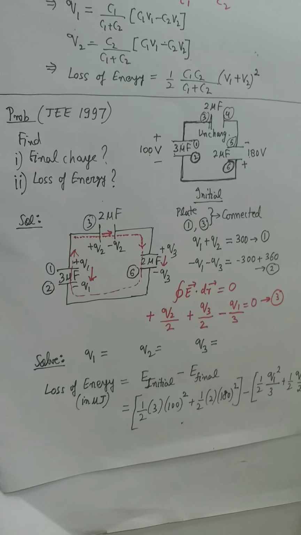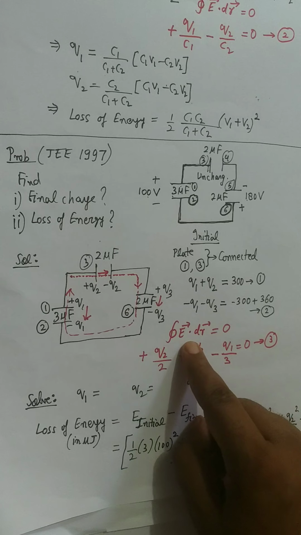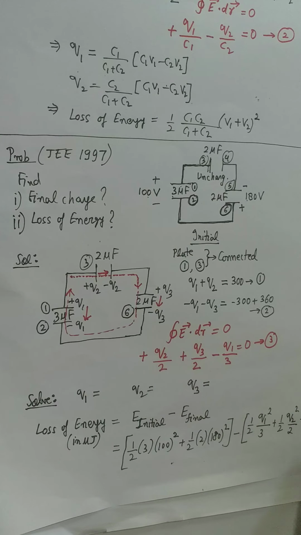In this way, you can deal with all such problems where some charged capacitors or uncharged capacitors are connected together. Positive of one plate is connected to negative of the other plate, and so on. Similar concepts. Keep in mind the two basic principles. The two fundamentals are conservation of charge for those plates which are connected together, and finally you must have one equation which is closed path integration of E vector dot dr must be 0, which sometimes you can call Kirchhoff's loop rule for the circuits, right?